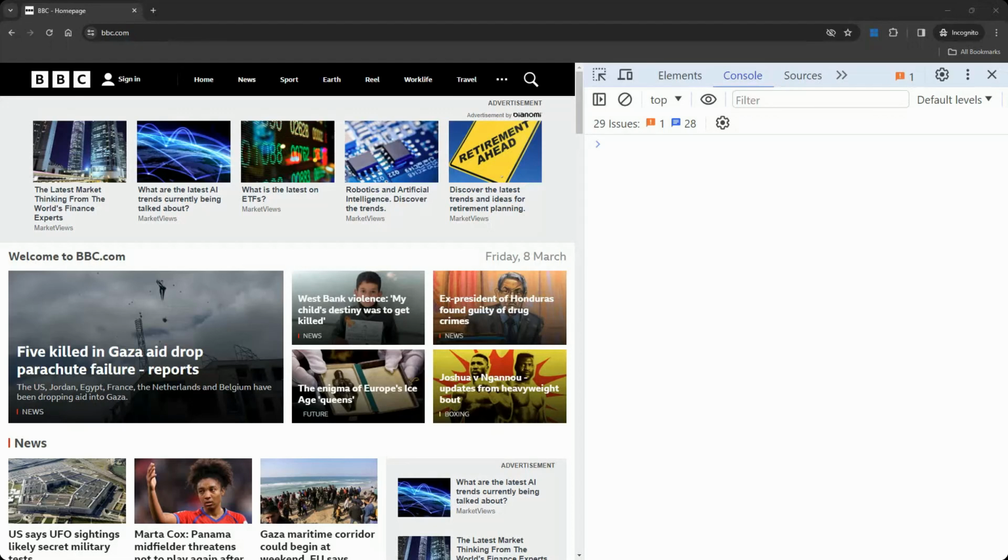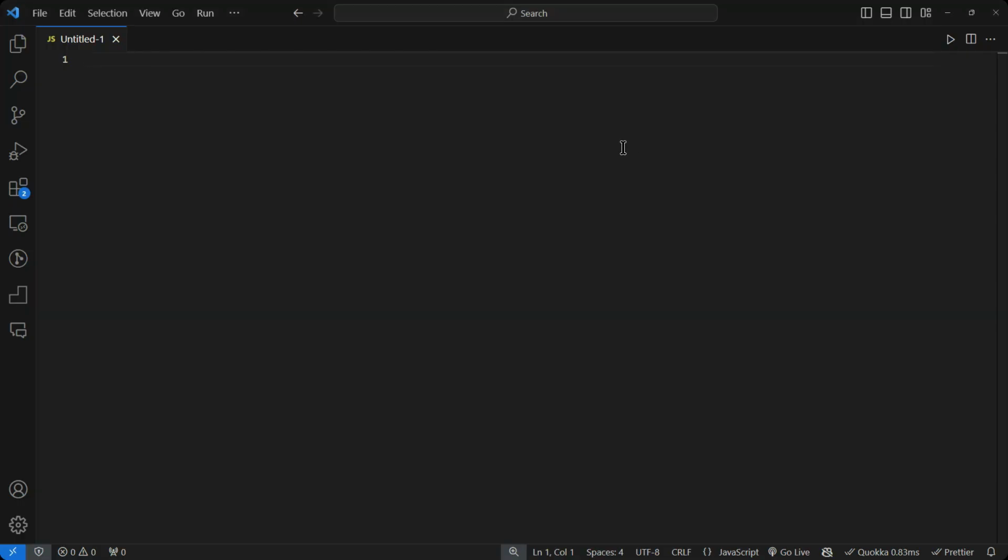In this fun little exercise, we're going to count all elements with their background set to a specific color. Okay, so for the experiment, we're going to use the BBC website, but let's start from VS Code. And here I'm first going to say